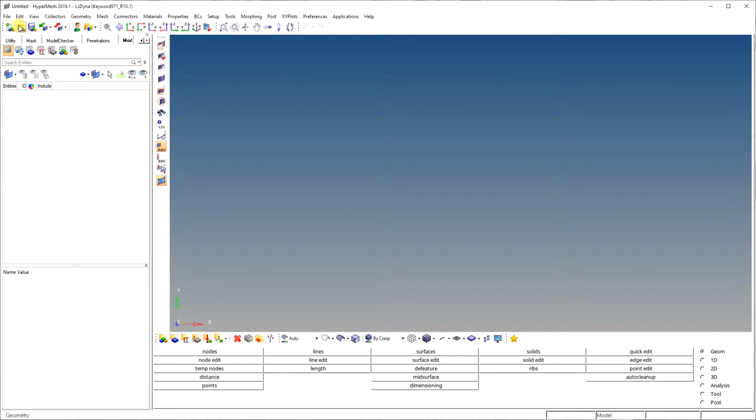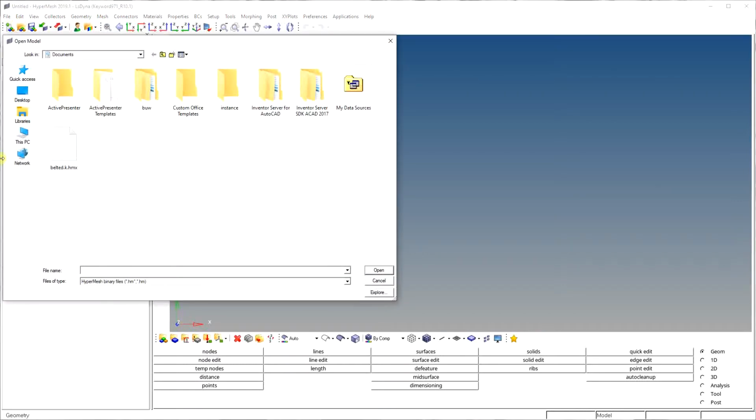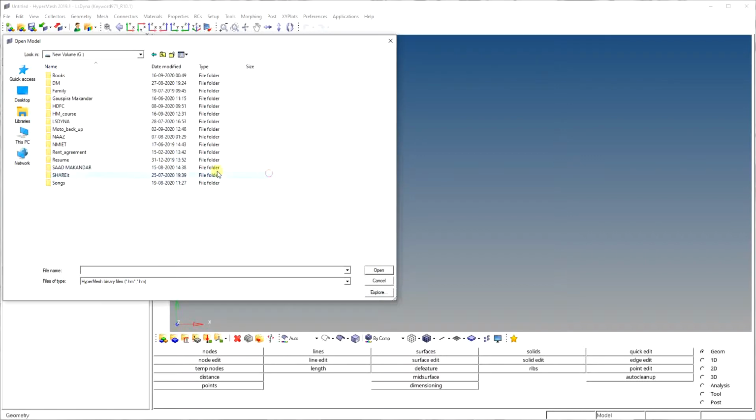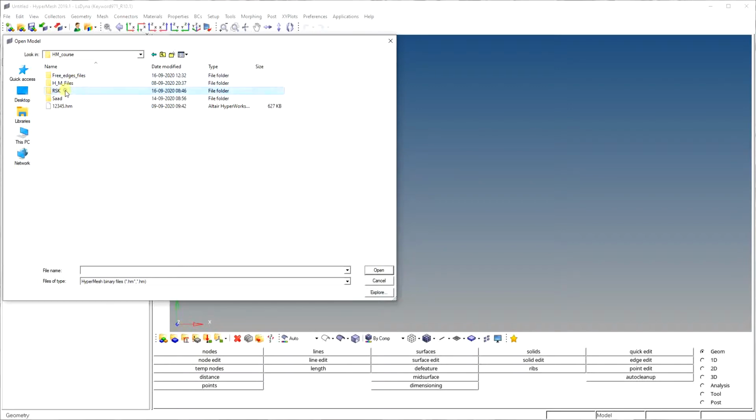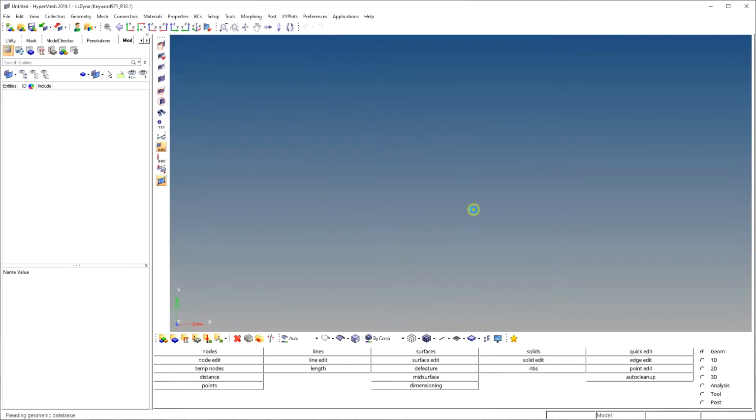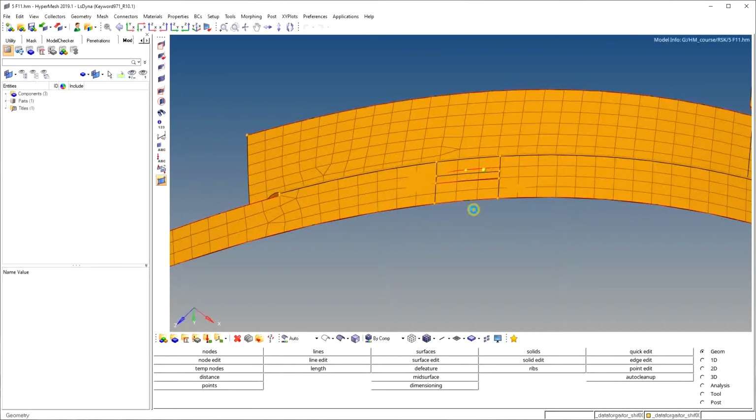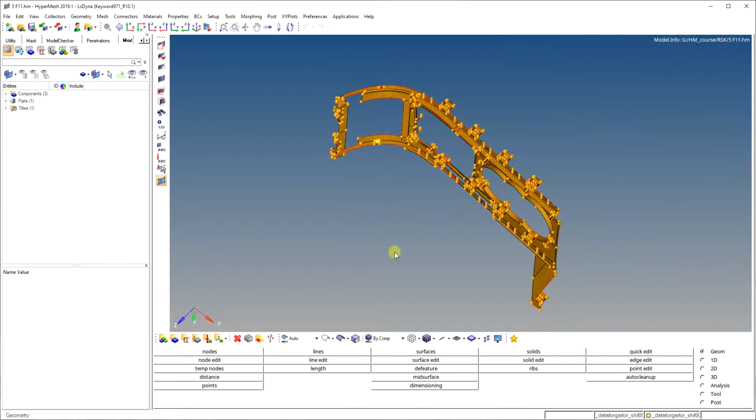For that I am opening my last edited mesh. This is my last edited mesh model.